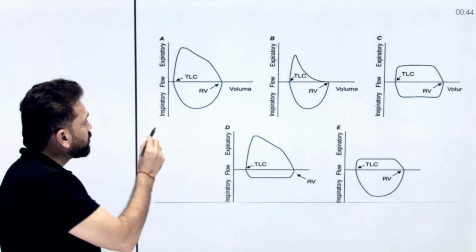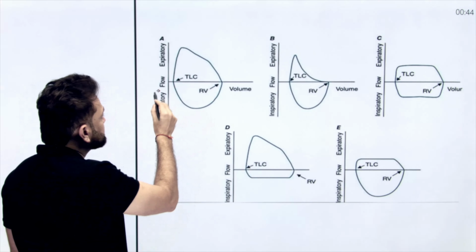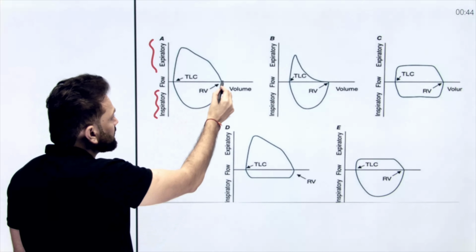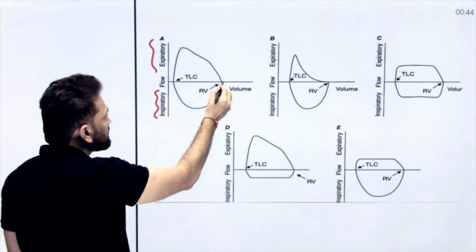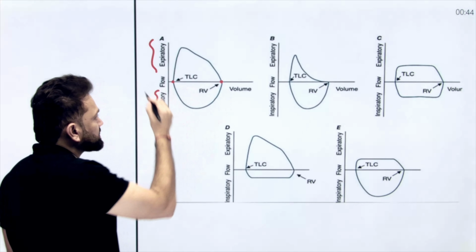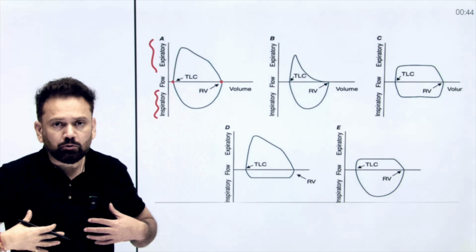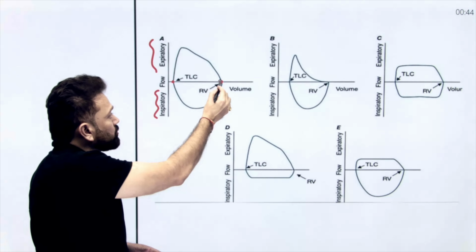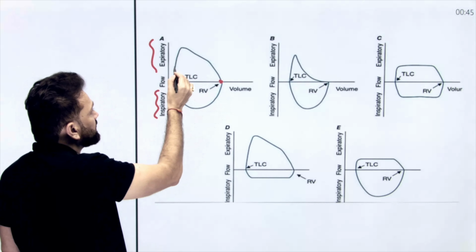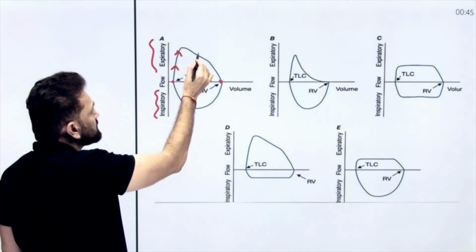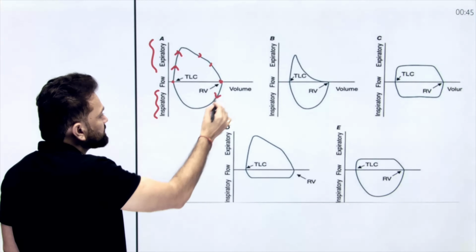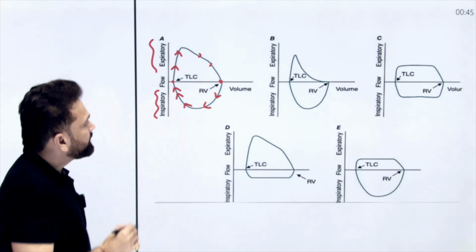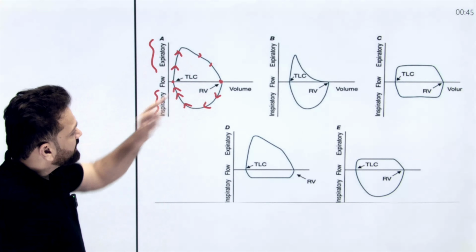So this is about the flow volume loop curve. This is called inspiratory and this is expiratory. So when we inspire completely, this will convert from residual volume to total lung capacity. If we expire fully, it will become residual volume. So this is your expiration from here to here, and this is inspiration. When we inspire completely, this becomes total lung capacity, and when we expire forcefully, again it becomes residual volume.